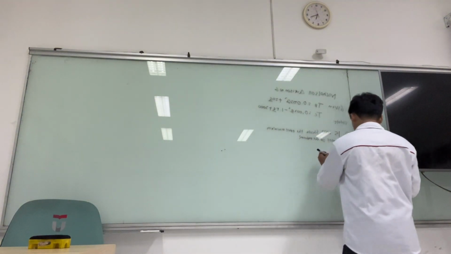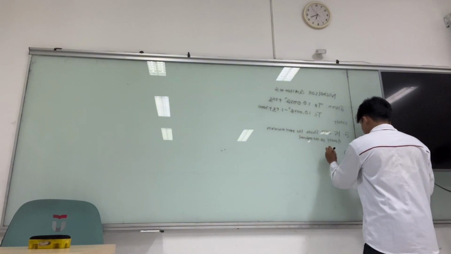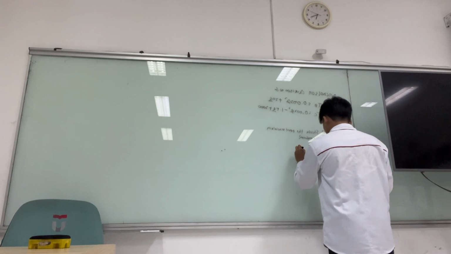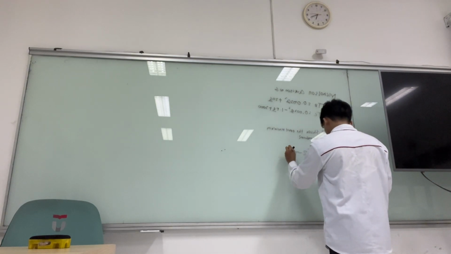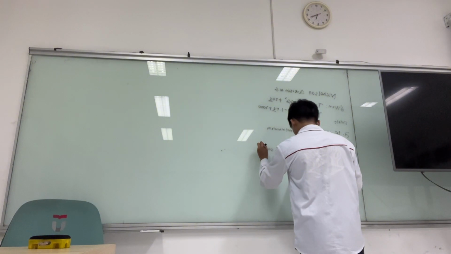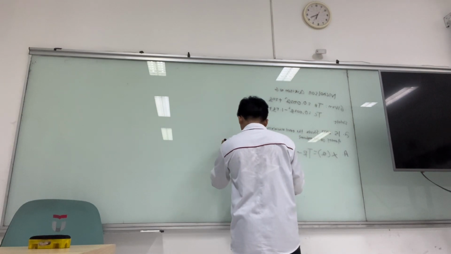So profit is the total revenue minus total cost, it will be minus 0.002Q squared plus 2